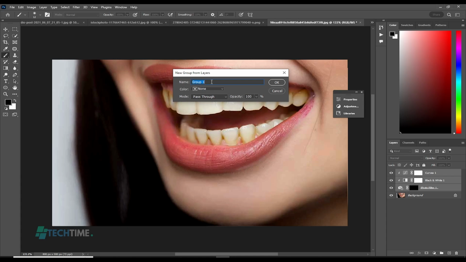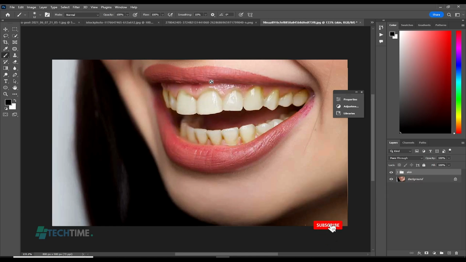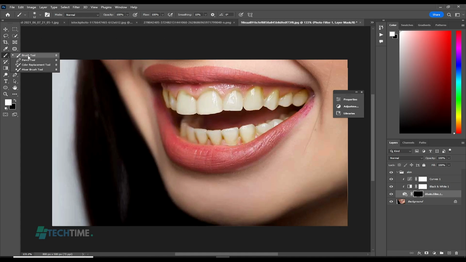Name it teeth, or you can give it any name. I will give it skin. So I will open the folder, and select the mask here, which is the photo filter mask. Make sure the foreground is white, the opacity is 100%, the flow is also 100%, and select your brush